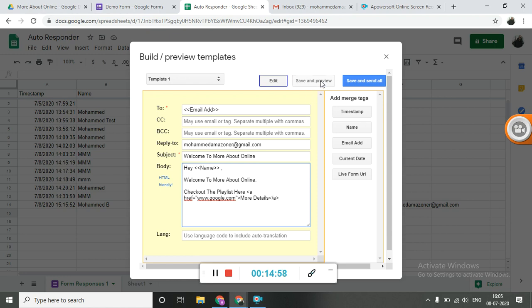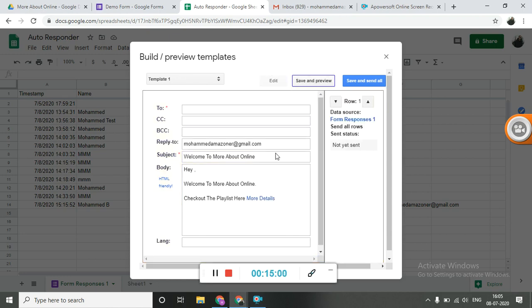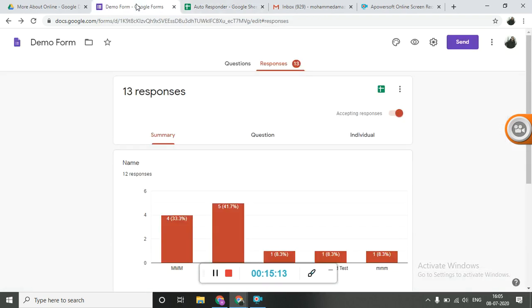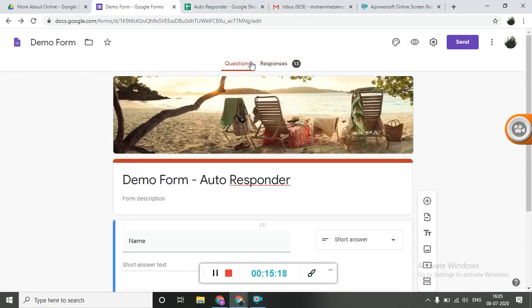Now just click on save and preview. See, this is how it's going to look. Now I'm going to close this application, and I'm going to come back to the edits part, and now I'm going to preview this thing.